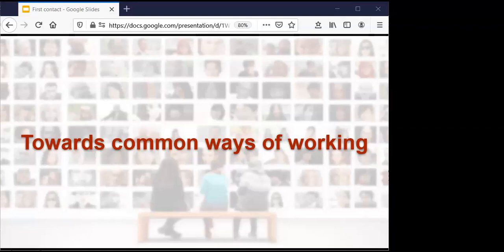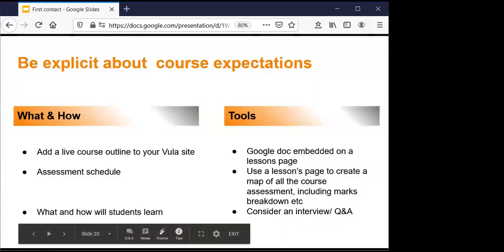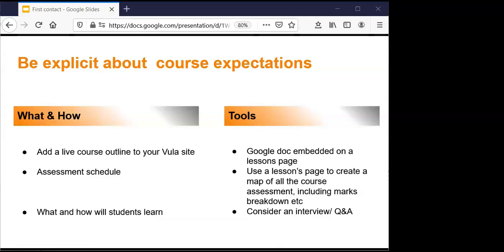So if you want to pop into the text chat any questions or comments, we're really there for that. Also, please feel free to interact and unmute and mic on and tell us what's going on. Okay, I'm going to leave that invitation out there. Feel free to jump in. So Kath, can I have the next slide, please? Thank you so much. So folks, in this common ways of working section, we're going to look at